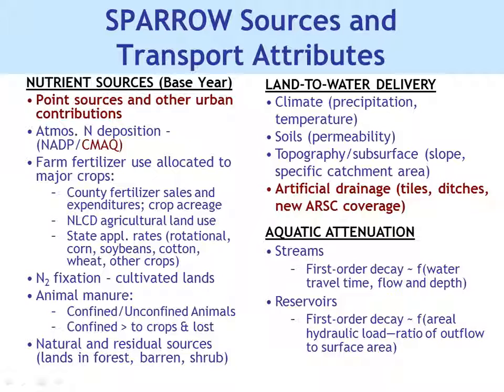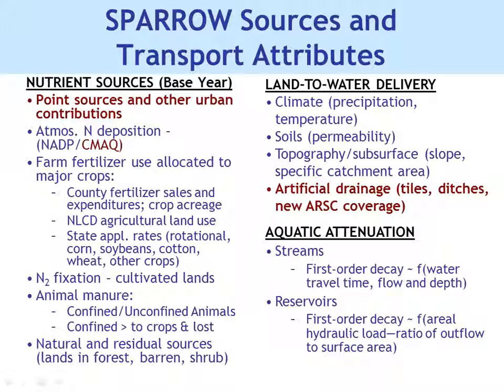fixation, animal manure, and then for some of these things, like urban areas, we really don't have a number. So in the model we just stick in the number of square kilometers of that particular land use and let the model come up with our best estimate of kilograms per unit area. So those are all of our source terms. Then we also try to see what characteristics of the landscape allow that delivery to vary. So we're looking at things like climate, soils, topography, tile drains. We'll stick those in the regressions and try to find out which of those are important variables describing the variability in loads or yields from the basin. And finally, we have that transport term, where we're looking at decay in streams and reservoirs.